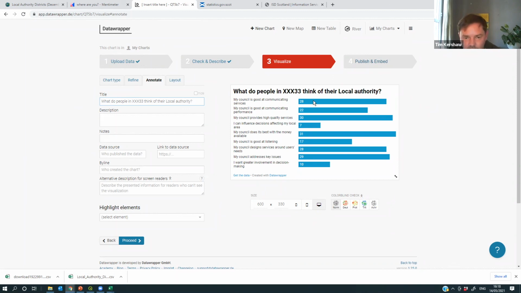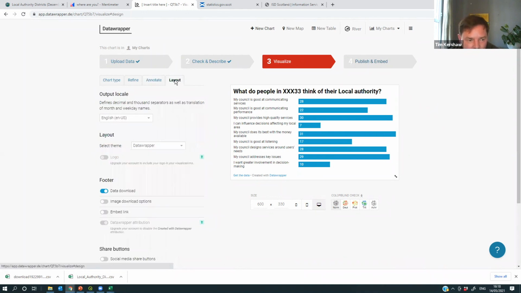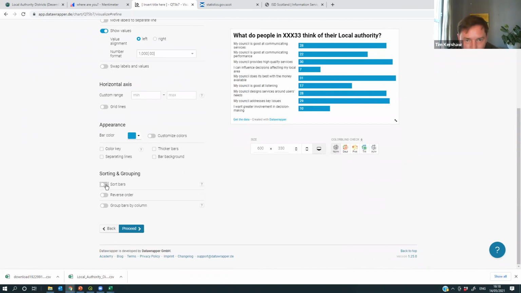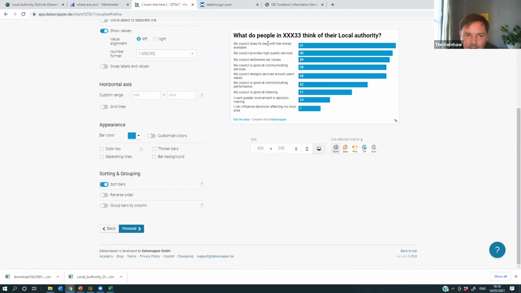So that's created an easily viewed visualization of that data that was downloaded as just a load of numbers. If I click on Layout, then somewhere, perhaps in Refine, here, Sort Bars. So I can click on that, and so in this particular place, the thing that people are most satisfied with is that it does its best with the money available, and the least satisfied is that they can